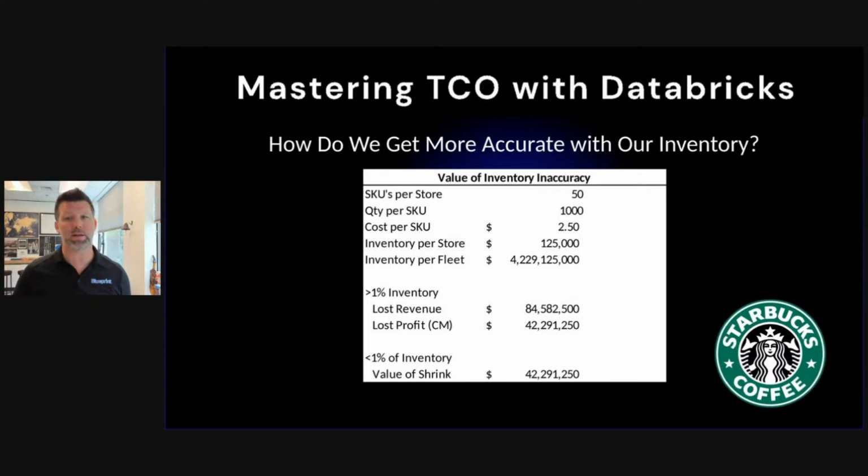And across their entire fleet, they have over $4 billion of perishable inventory. If you take a look at just a 1% delta of inventory inaccuracy, the amount of lost revenue is pretty staggering. If you have a scenario where you ended up with less than 1% inventory, the lost revenue opportunity is $84 million across their entire fleet, with a lost profit opportunity of $42